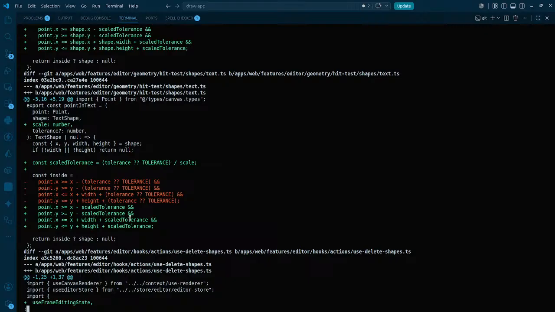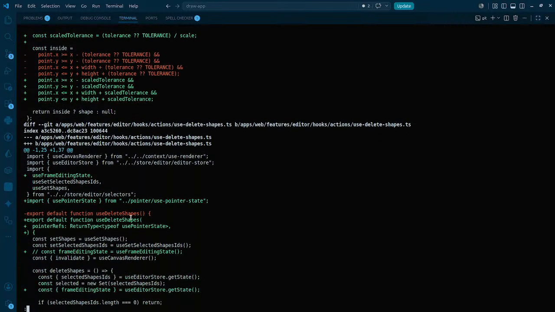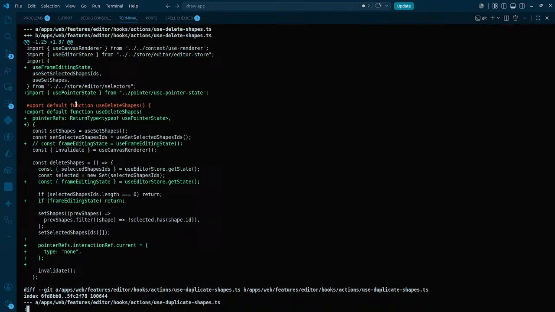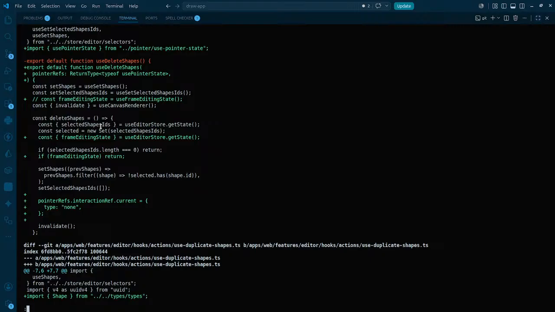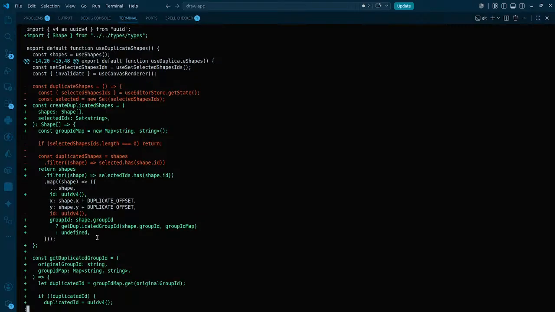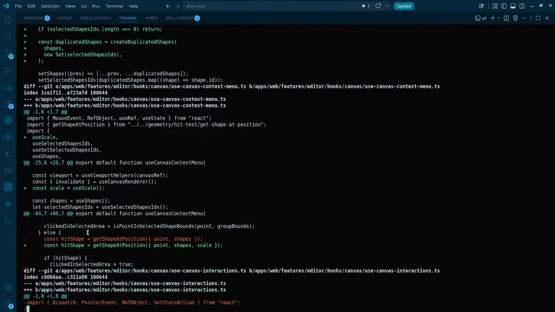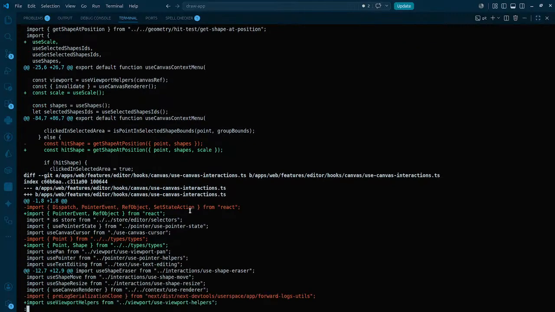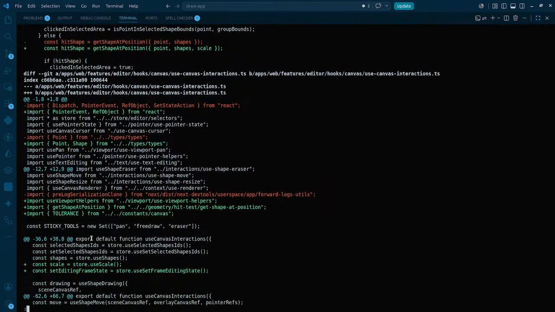Point this, and we actually started using this. It actually accepts that. Duplicated shapes. UID is gonna be the hit shape. Look at position. We are passing the scale to check the hit shape,